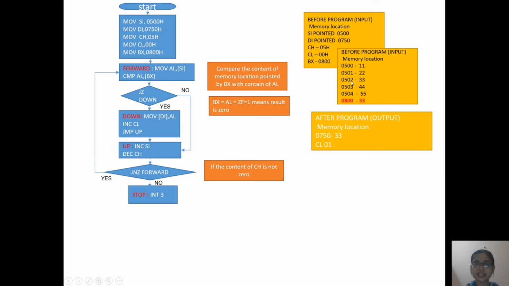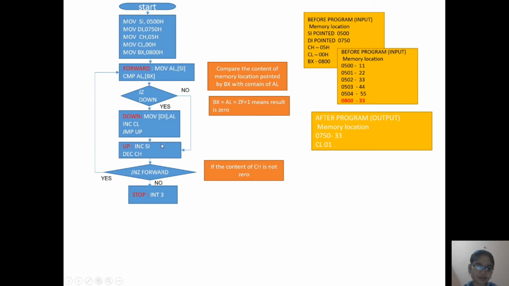So in the present condition we know that the content of memory location 500 is 11 and memory location 800 has 33. So this comparison of two numbers gives a non-zero result. So this instruction will not be followed and the program comes to this up label, and the content of SI is incremented by 1 and the content of CH is decremented by 1.